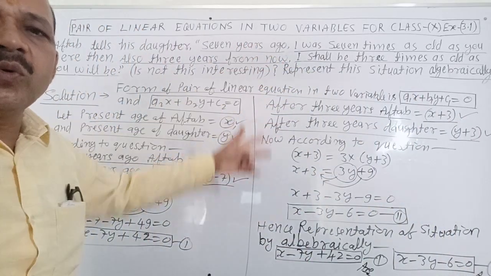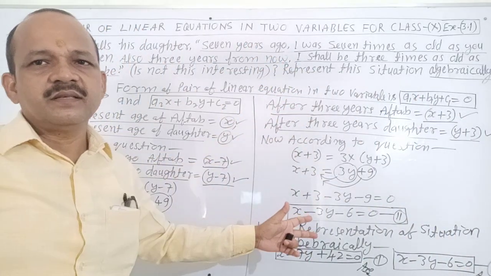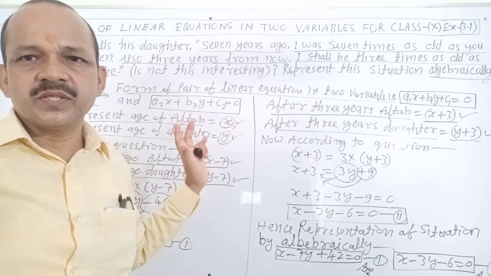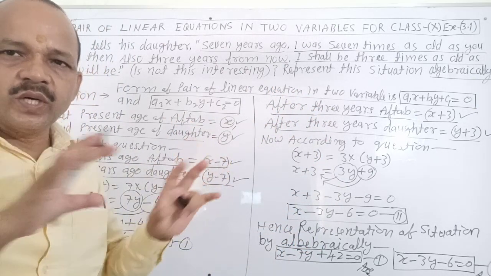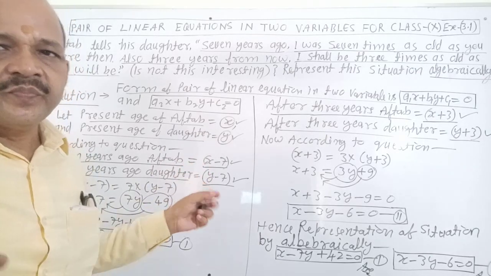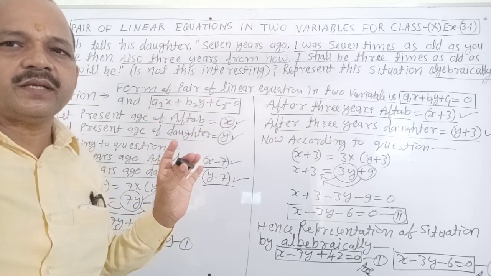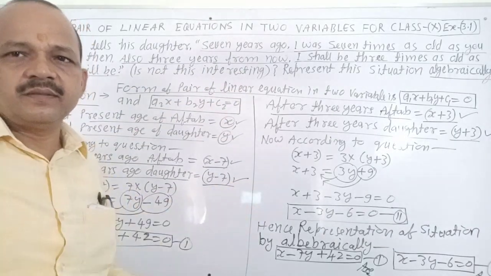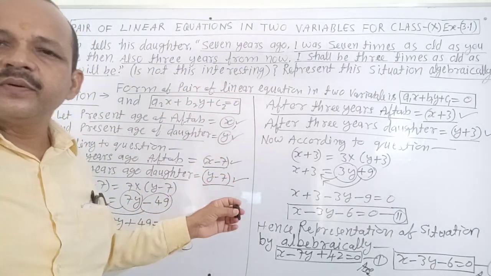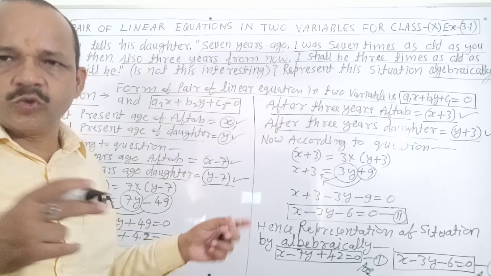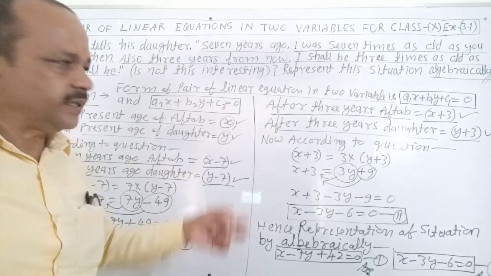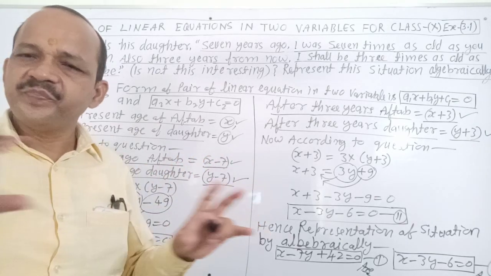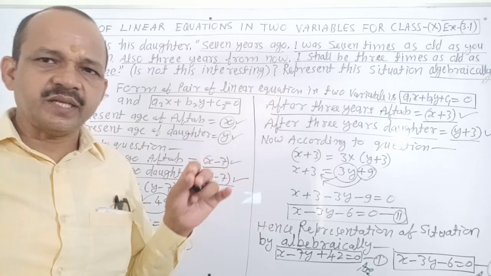You solve your question very easily with the help of algebraic methods. It is clear? No confusion about it? Very good. You can solve any question with the help of this solution. So you learn the form of a pair of linear equations in two variables and learn this solution carefully. My words are clear? No confusion about it? Very good.